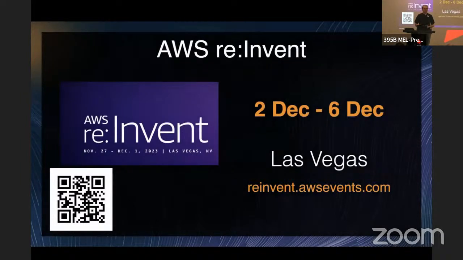Some upcoming events. You may have heard of this one, reInvent. It's really awesome to go to. It is in Vegas. Flight tickets are as expensive as the ticket of the event itself. So make sure that you convince your boss to send you, or alternatively, there is something called the All Builders Welcome Grant. This is a grant that basically pays your flight, hotel, and the tickets that you can apply for if you're within the first 5 years of your